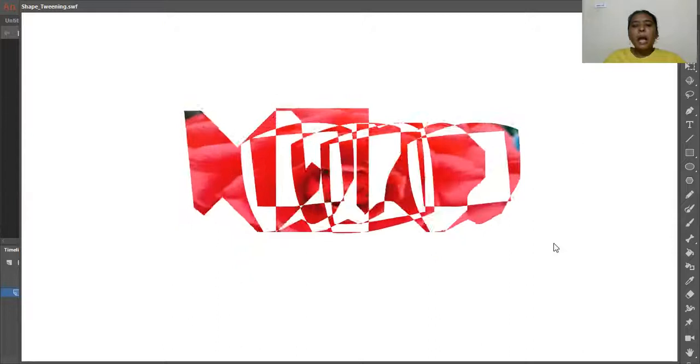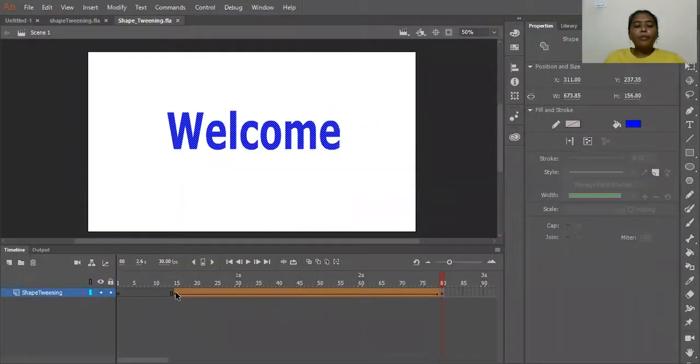For that purpose, I have selected from the 15th frame to the 80th frame. This allotted free space is for waiting purposes. That means it slowly executes from the first frame to the 15th frame. Between these frames, it slowly displays the image, and after reaching the 15th frame, we need to give the create shape tween option when I click the right button. So this is how we need to execute the shape tweening animation. Hope you understood. Thanks for watching. Bye-bye.